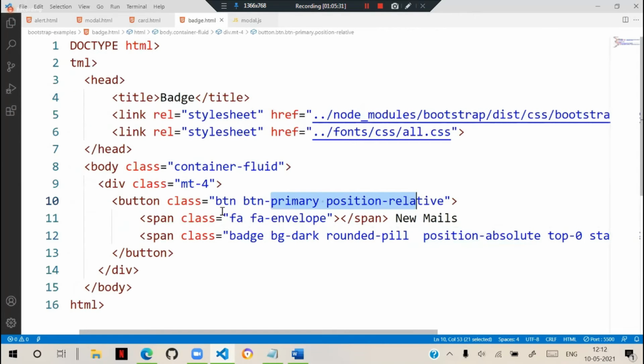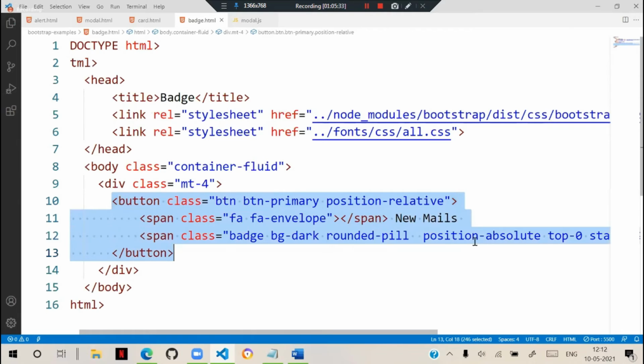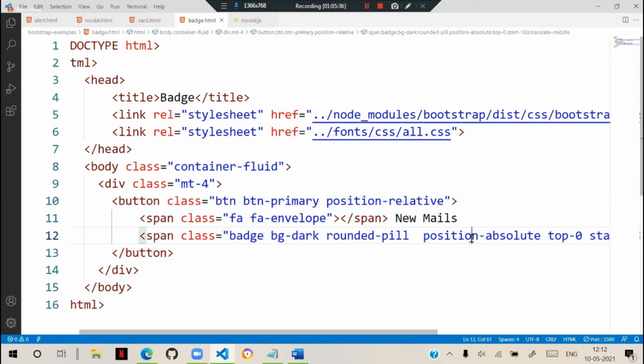Otherwise, without the button, it will go somewhere to the top right corner. So button position relative means it keeps everything inside it relative. That's how we need to design, so we can keep any icons, options anywhere. So we can add some options and define them. We can add some colors. You can add some values. So these are generally very commonly used options.